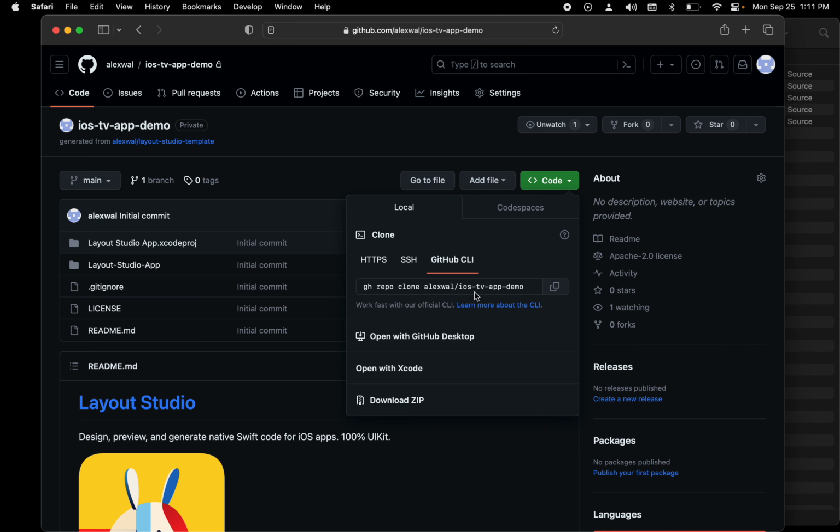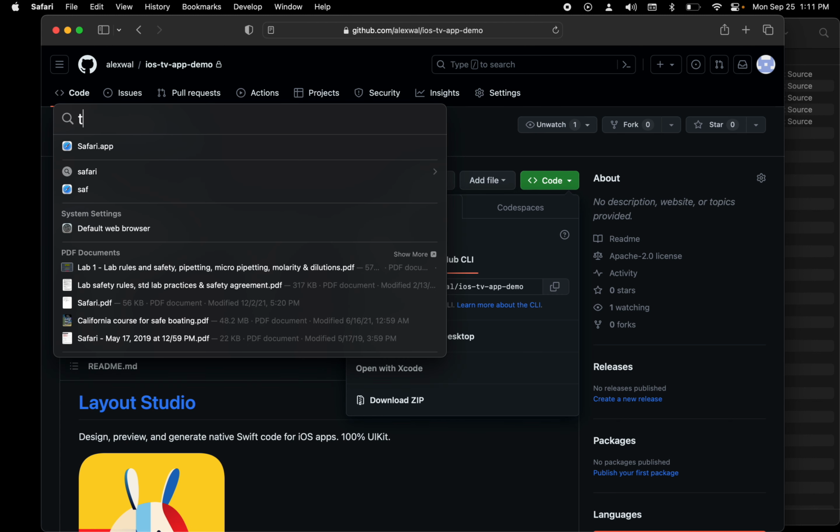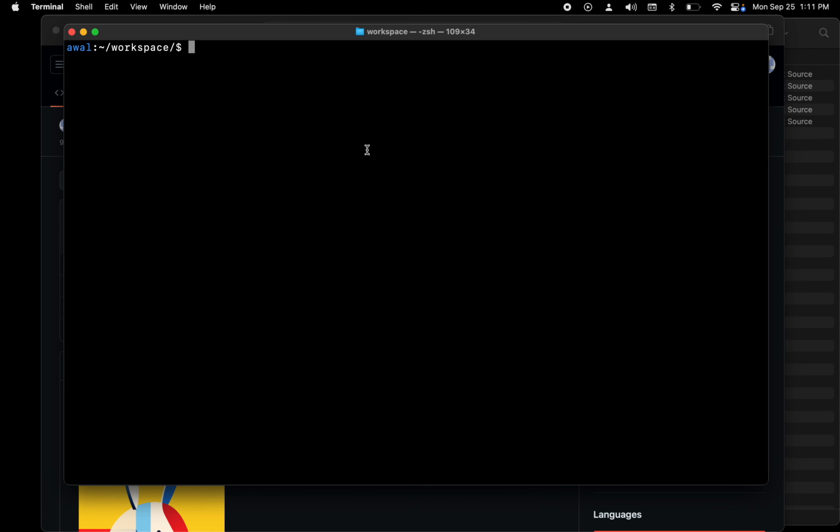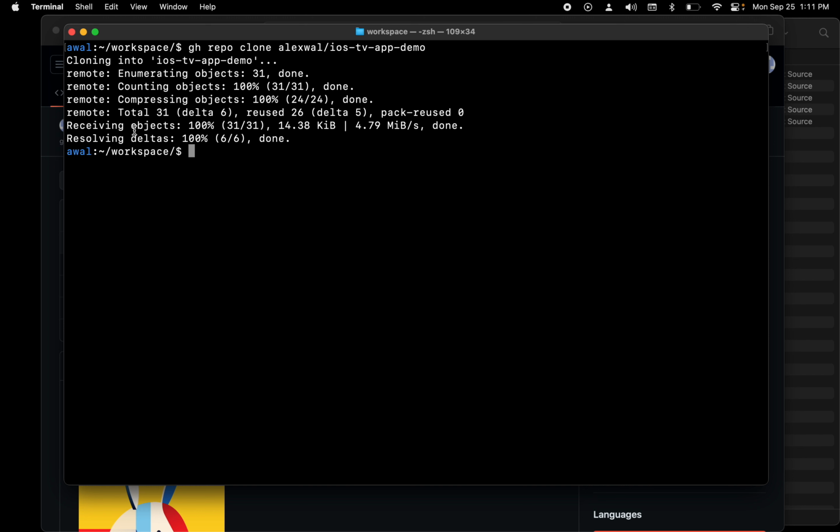I'm going to use the CLI command because I've already set up the GitHub CLI in terminal. So I'm going to select the copy button to copy the command, and I'm going to open terminal, and then I'll paste the command and hit enter, and that copied the repo to my laptop. So I'm going to open the directory where I'll find the repo,